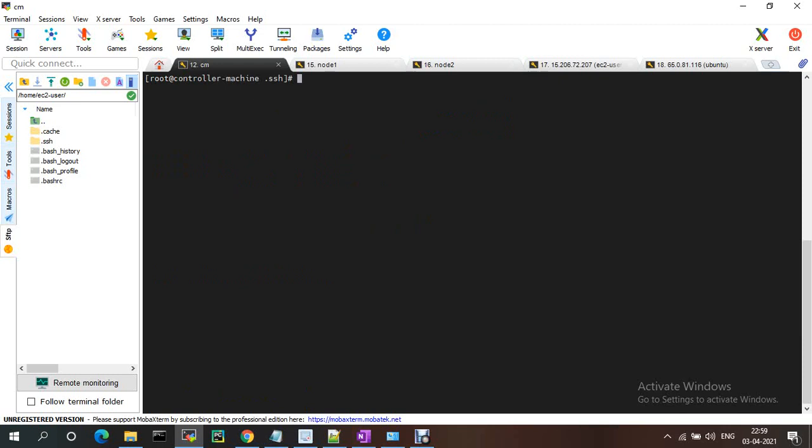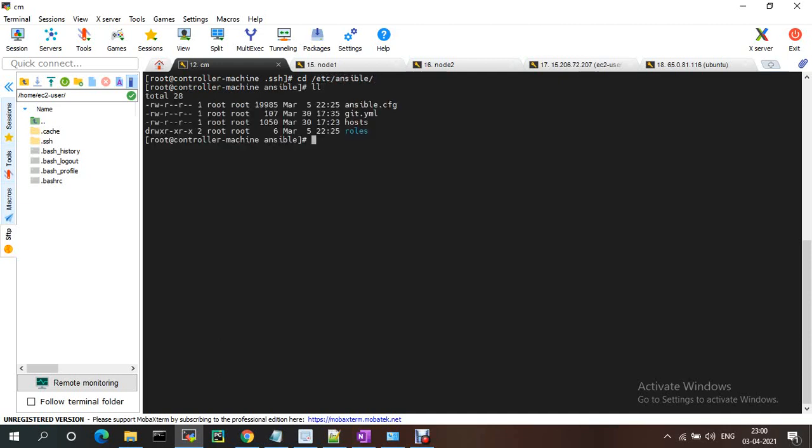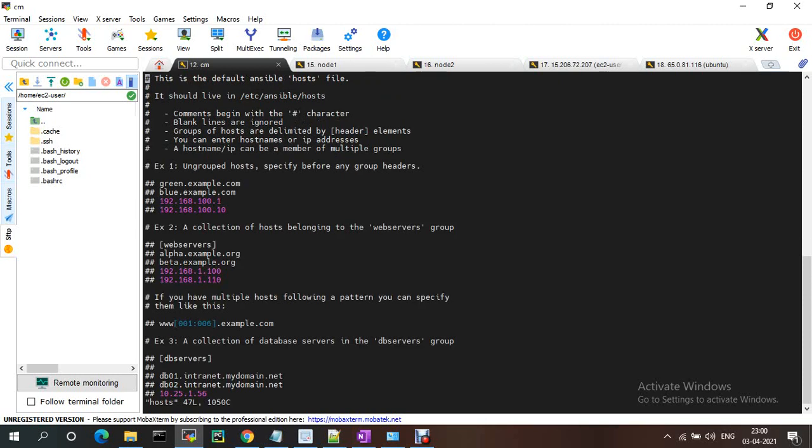Now okay, suppose these IP details I just need to add under the inventory file, right? Then only we will be able to perform all that. Okay, so the default Ansible inventory location is /etc/ansible. So here under hosts is there, right? So under hosts you can add the host details. Okay, vi hosts.